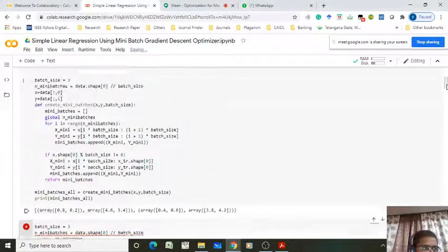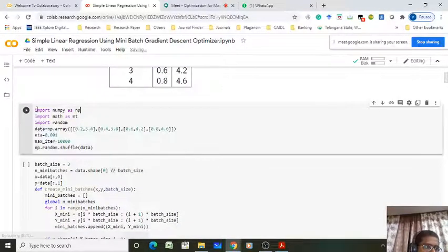Because I forgot to run the first cell. Tell me. Here n_mini_batches equals data.shape[0] divided by batch_size, if we give